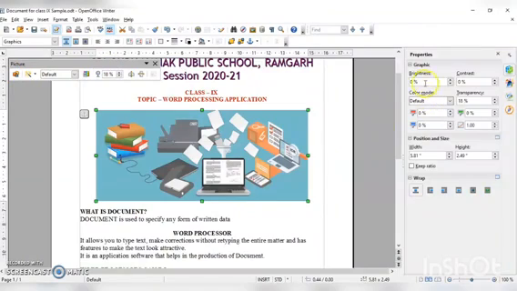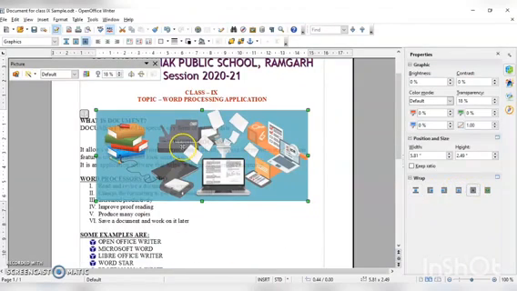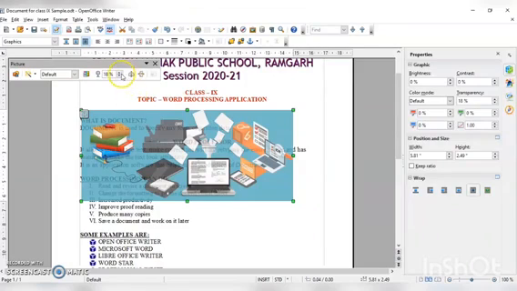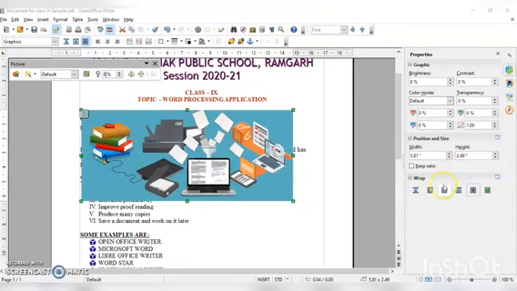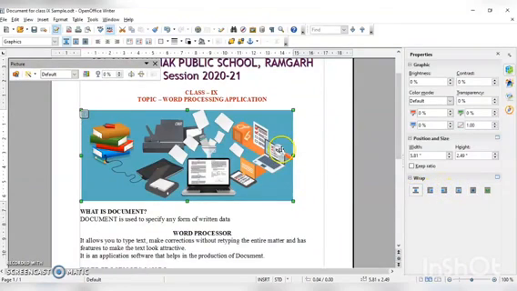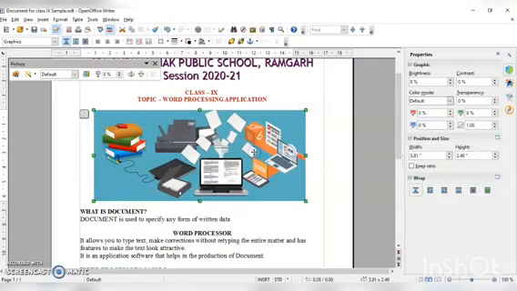There are many more options which we can use to edit our image. We can use the position and wrapping option also, so that it can be placed on the document. We can decrease or increase the transparency to make it clearer. As you can see, the content part is more clear now. We can reduce these also to make it 0, and set this again like we mentioned in the starting.